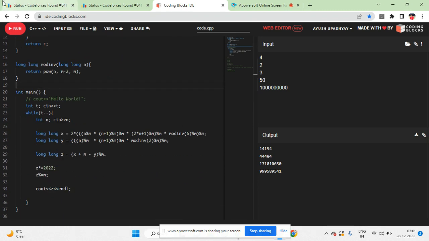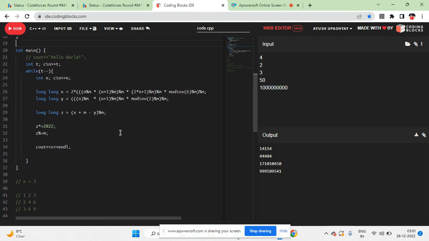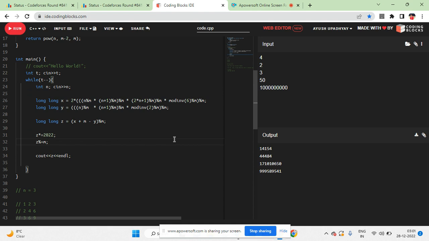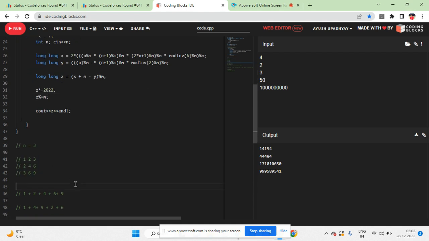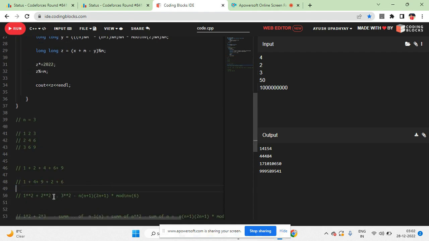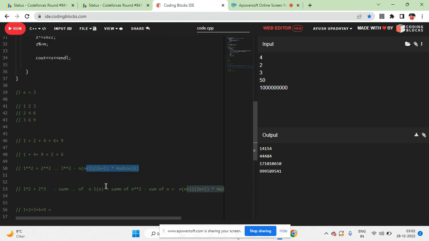The first problem was very simple, but in the second, the only thing was that we know the formulas, we know how to create a matrix, then we know that the answer will come out like this: 1 square, 2 square, up to n square, and then n into n plus 1, something like that, 1 into 2, 2 into 3. But how to generate its formula, that's also what we know. These are the formulas which we study in maths: n into n plus 1 into 2n plus 1 divided by 6. The only thing is divided by 6, so mod inverse of 6, because here all the modulus calculation is happening,